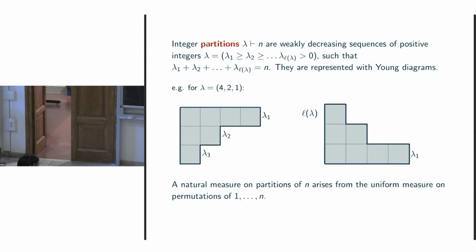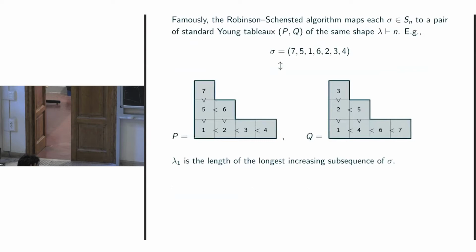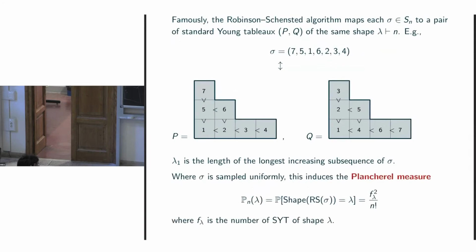And perhaps the most natural way you define a measure on partitions is to do with connections with permutations. So on partitions of n, whose parts add up to n, there's a natural measure that arises from considering uniform random permutations and the Robinson-Schensted algorithm. So if you take some permutation of the numbers 1 to n, you apply the Robinson-Schensted algorithm to shuffle each element into a pair of Young tableaux. Those two tableaux have the same shape. And this induces a measure: the probability that the shape of some uniform random permutation via the RSK algorithm will be a partition lambda,